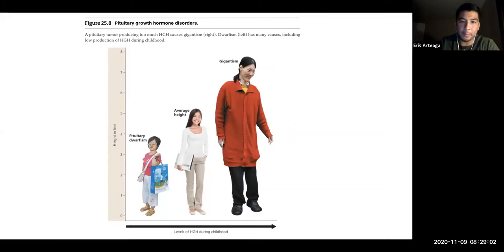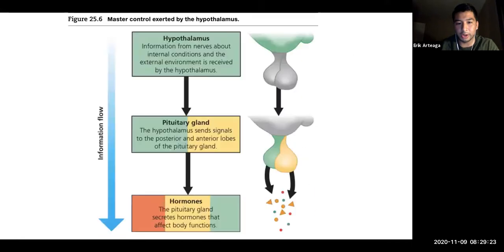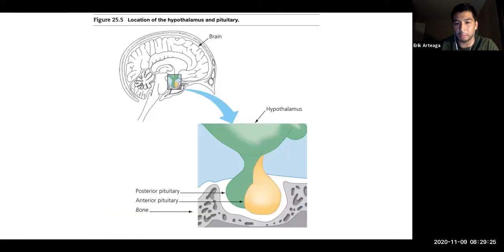Okay, other issues besides tumors can be trauma as well. So sometimes you'll see pituitary function change or become distorted after a car accident or severe trauma to the face, right? Sometimes severe trauma or laceration occurs to that individual, and you'll have damage to the pituitary gland. And again, it's usually a very, very strong blunt force trauma, because it has to get through these bones here. So typically you see this in car accidents, right?